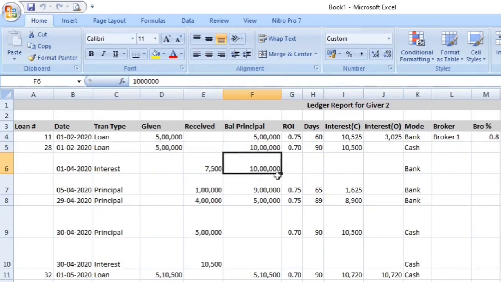Interest received doesn't affect balance principal. Then 1 lakh part principal is returned, so 10 lakh minus 1 lakh is now 9 lakh. Again 4 lakh part principal is returned, so now balance is 5 lakh. These days are the days which you had entered while doing loan given entry.